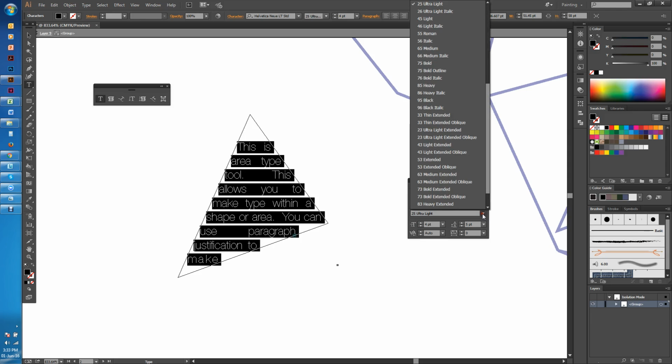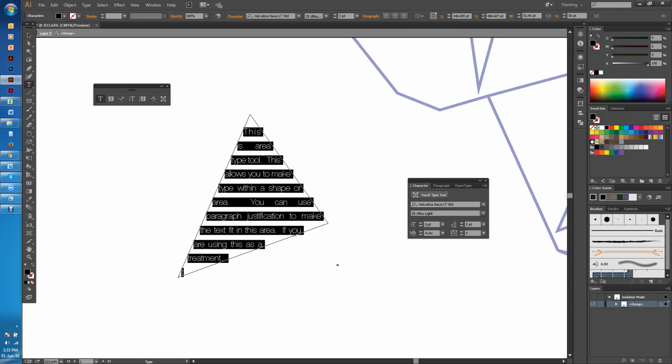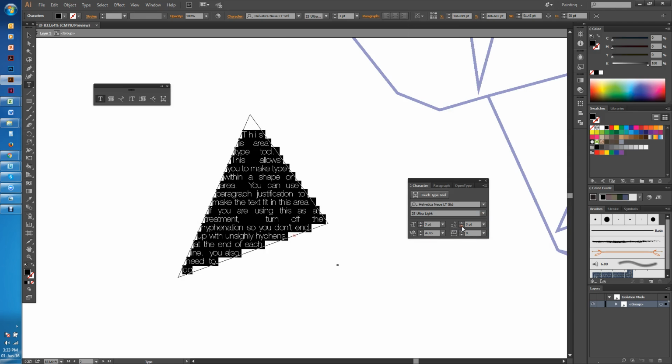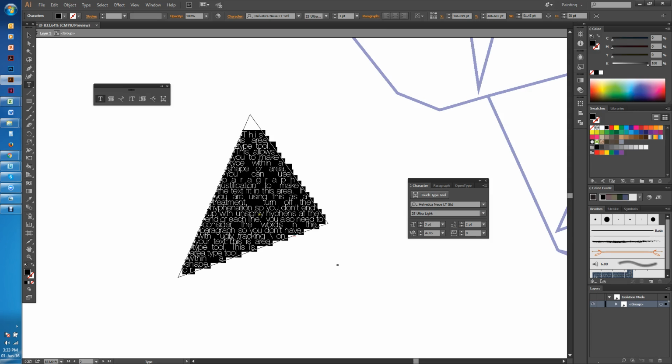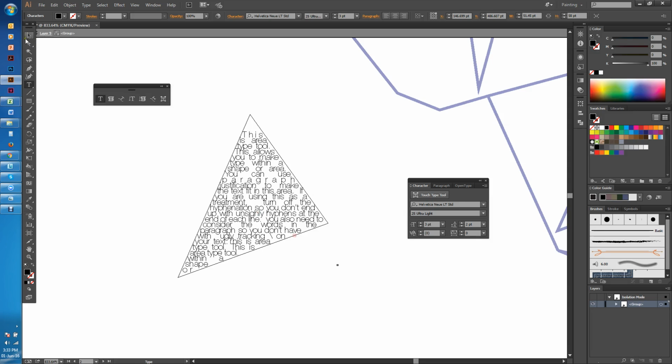Now let me just do that first, and I'm just going to reduce the leading down as well until, when I deselect that, now you can see that's making quite a clear triangular shape. I've still got some ugly stretching of my paragraph, so I'm just going to cheat a little and add a few words, and, maybe, and at,